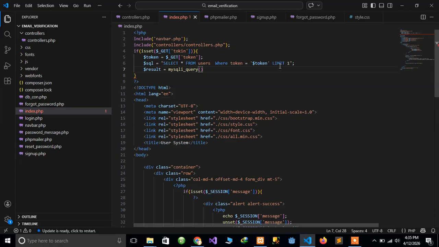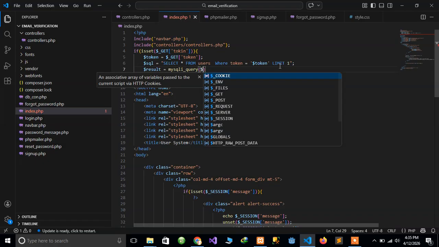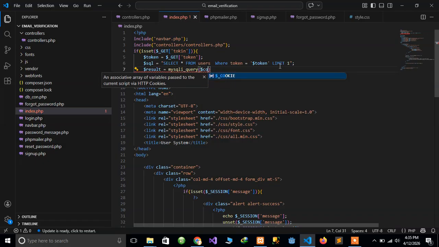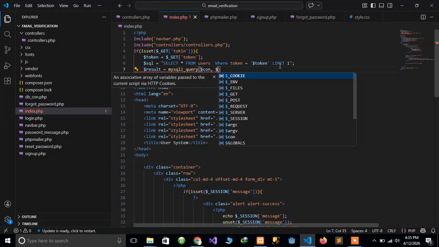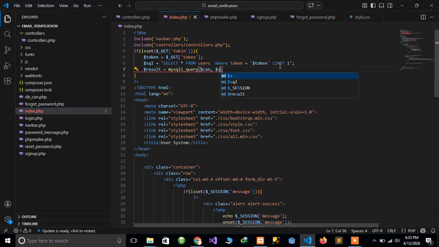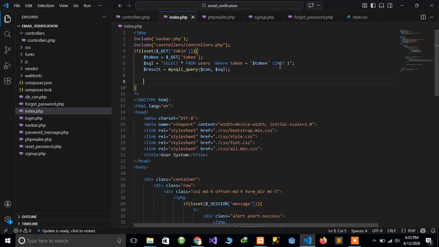The first one is going to be the con variable, the second one is going to be the SQL. So let's put the whole thing in a resource variable. So resource is going to be mysqli_